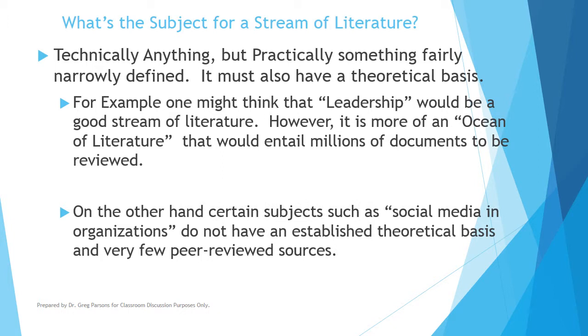However, other subjects that seem like they're more defined don't have any peer-reviewed journal articles or theory to support them, and thus they become also fairly impractical as an academic stream of literature, because there's no background to them at this point. Not to say that social media and organizations will not have a strong literature stream in a year, 5 years, but realizing the publishing cycle, things don't get published immediately. It's not like you're writing in the computer and all of a sudden it's published. It gets submitted for review, it gets reviewed, it may be sent back for revision, and then to find a slot, even if it's accepted, to find a slot in a journal, it may not get published for another year.